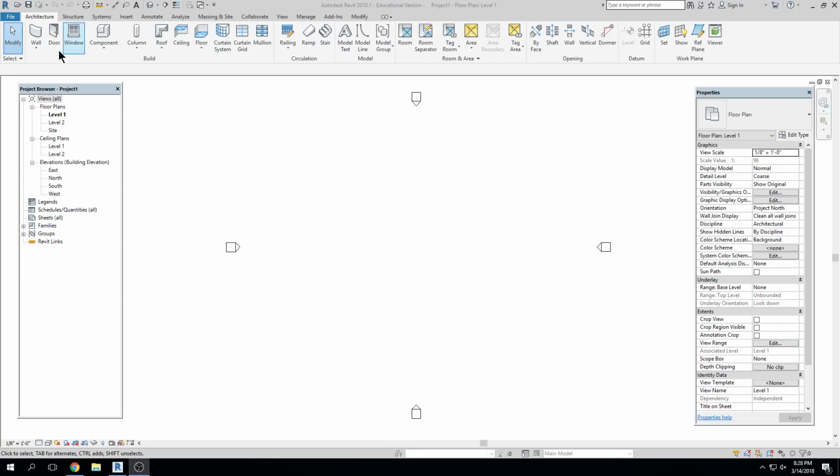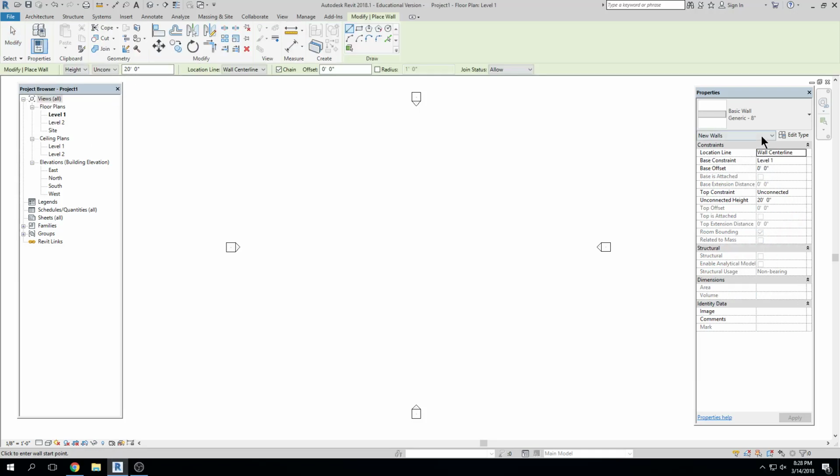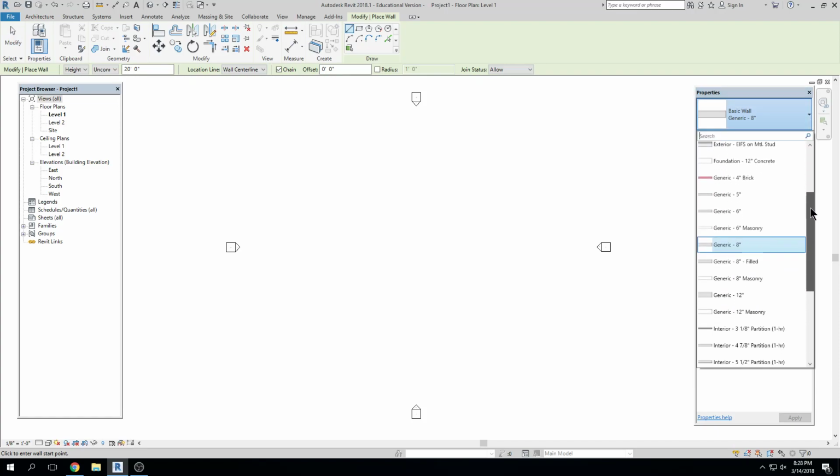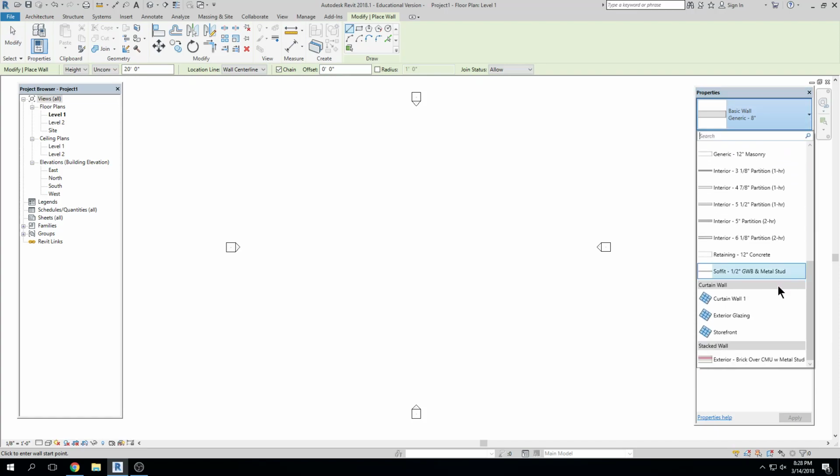Because in Revit here, if we go under wall and we go to architectural wall, and under your project properties dialog box, you come down here. We have curtain wall, exterior glazing, and storefront. Oh, they've added one. And really, they don't function very differently from one another, right? The idea between